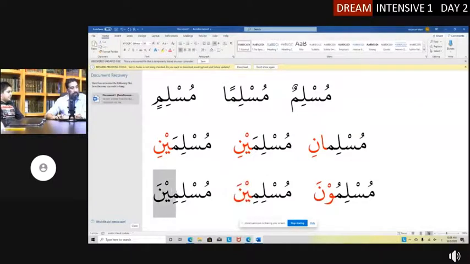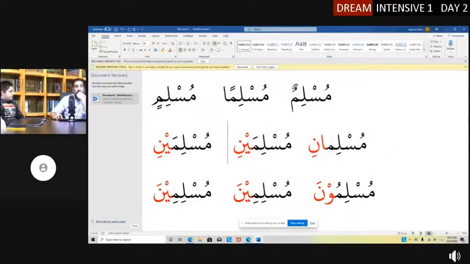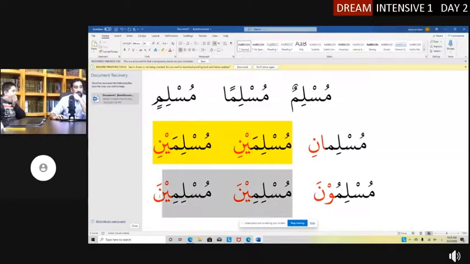Okay. Now, what I've written so far, it seems to be the case that it's one different word and two same words, right? So, Muslimani is different, and then Muslimaini, these two are the same, right? And Muslimuna is different, but then Muslimina are the same. So the second two keep being the same, right? So now this is exactly how I need you to learn it.